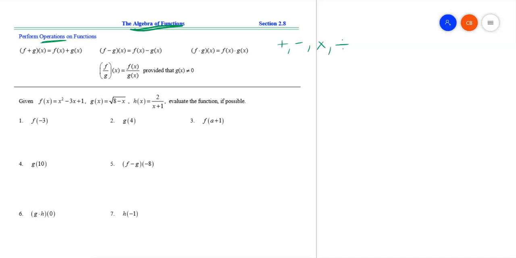And then there's also something that we will learn a little bit later in this same lesson, is that there's another operation that we do with functions that is a new one. It's something that we do not do with numbers, and it's represented by a little circle like that one, and it's called composition. But first, I want to get into the first four operations that we see here, which are